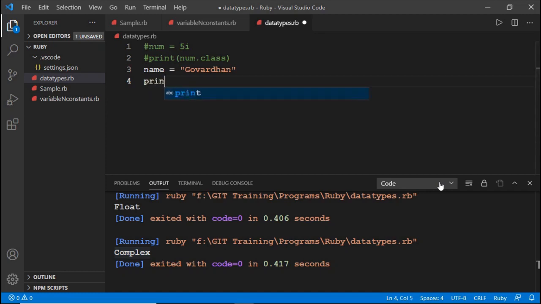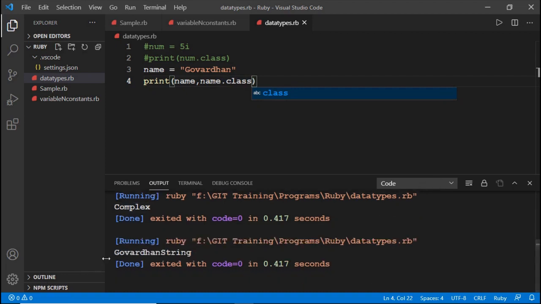So let us print the value of name as well as the type of name, that is name dot class. See here, Govardhan is a String type.